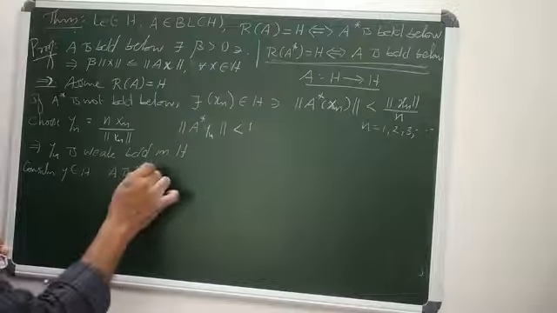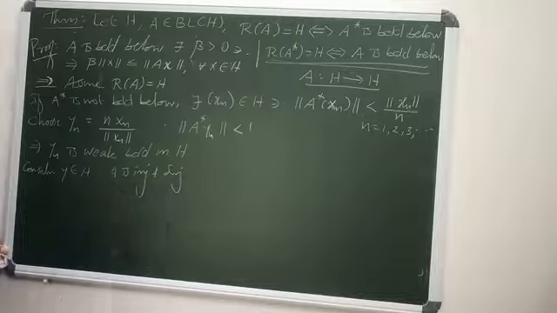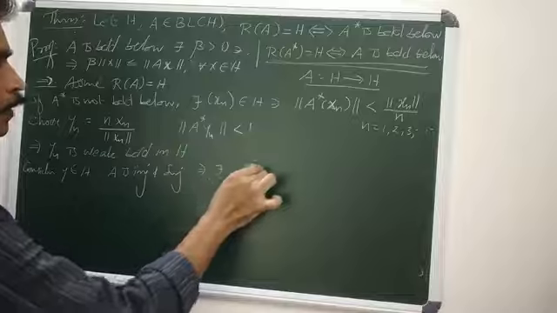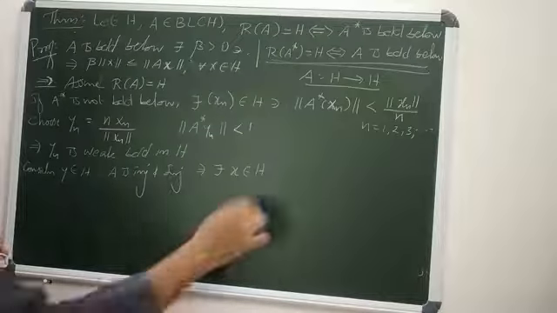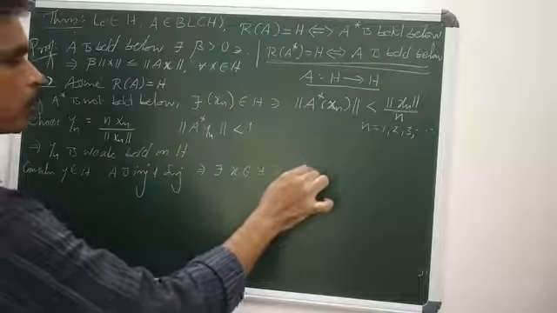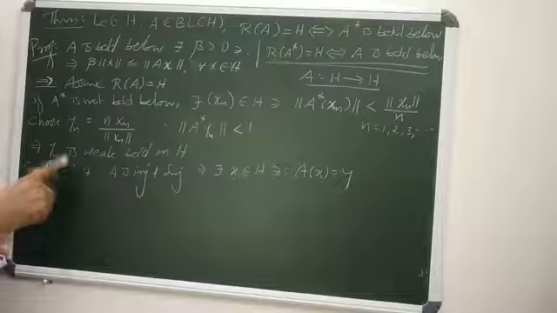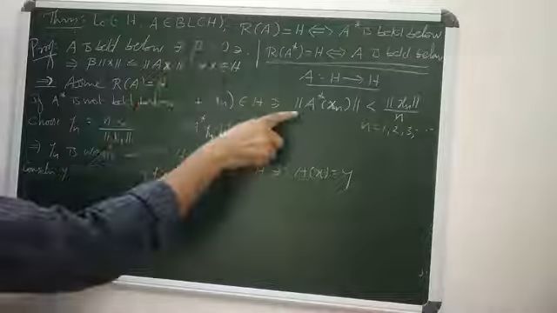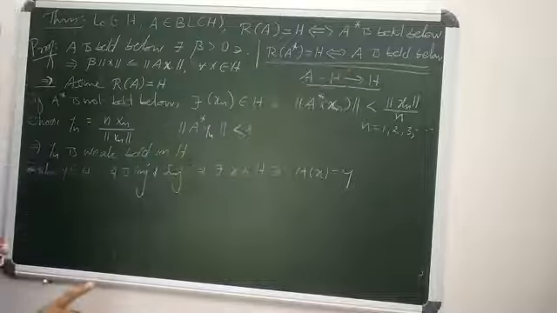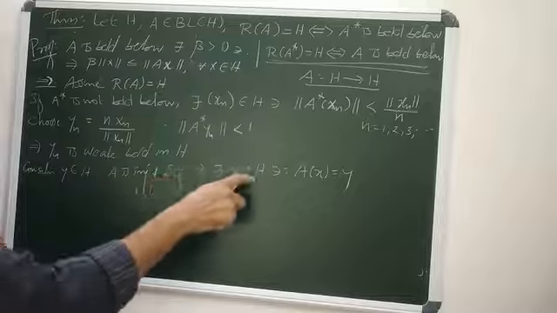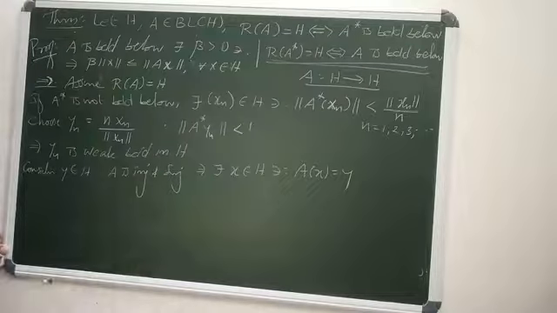Also A is surjective. A is injective and surjective. Since A is surjective, there exists some x in H such that Ax equals y. Because y is in H, but what is A? A is a bounded linear operator from H to H. Since the range of A equals H, A is surjective, which means there exists x in H such that Ax